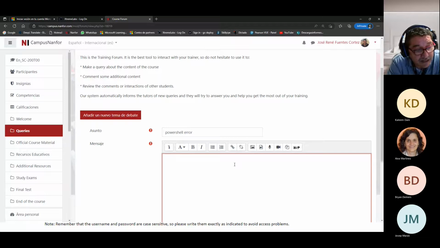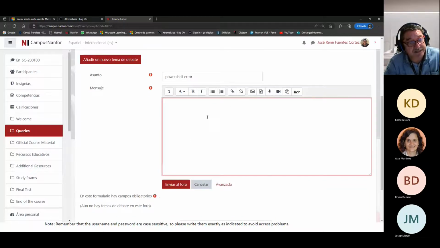I had to run this PowerShell, and if you have a screenshot, much better, because it will allow us to see what you are seeing. The more information we have about the problem, the more quickly we will answer you. We will be at the point that you are, and we'll try to understand the behavior of the problem that you have. So once you fill in the information with detail, screenshot, etc., you just hit send to